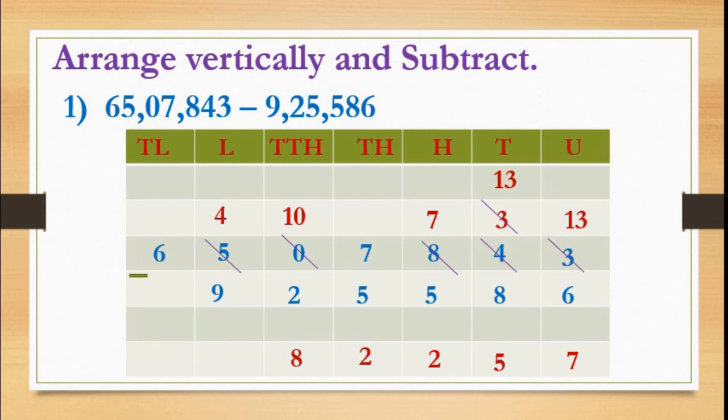Now we will move to the lakhs place. Here 4 lakh minus 9 lakh not possible. So again it borrows from 10 lakhs place, that is 6 becomes 5 and here 14 lakh minus 9 lakh we will get 5 lakhs. Okay, and the last column, that is 10 lakh column, 5 is there, so 5 remained. So how to read this? 55 lakhs 82,257. Got this, children?